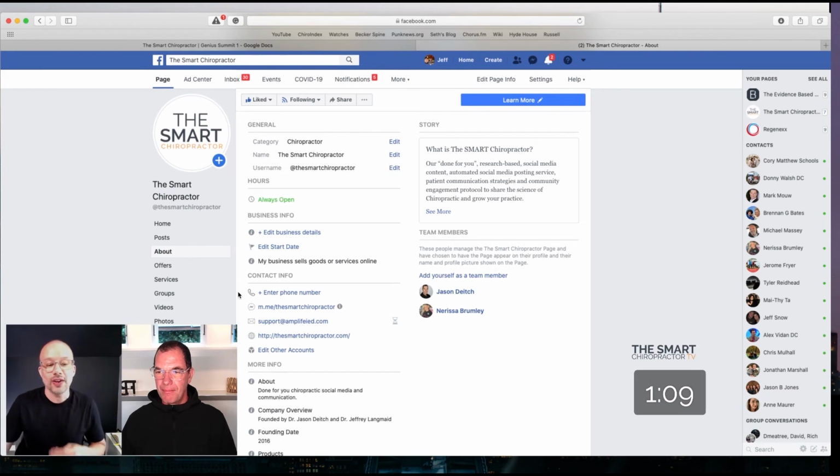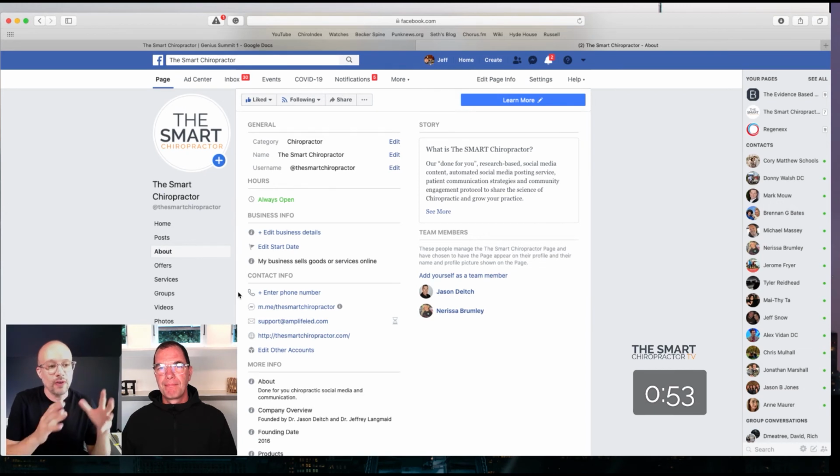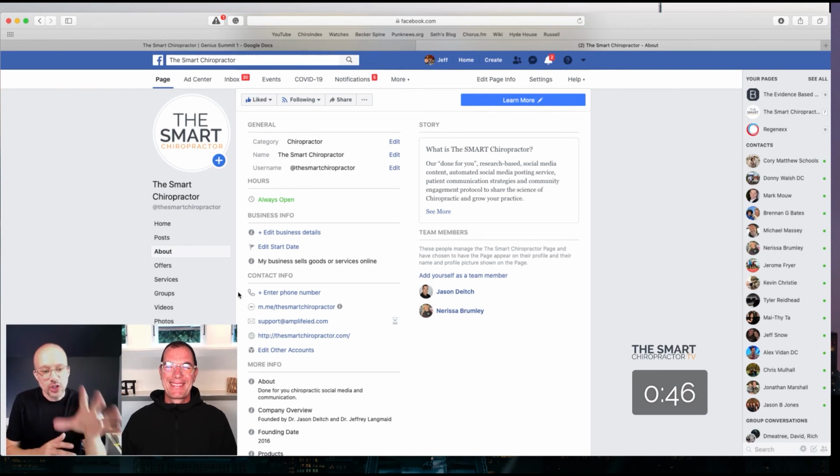This is where you can enter in your phone number, your practice phone number, your messenger name, your email, your website. Again, this makes it easy because Facebook has all these buttons, right? Learn more, call now, different things that we'll go through over these coming weeks, and then some of the guides we're going to release, where Facebook makes it easy to connect. They make it as easy as possible for people to connect with you, but you have to let them know where. So, make sure that you enter in your phone number, make sure you enter in a nice messenger name that makes sense for you, make sure that you have your email set up appropriately to where you want it to go,